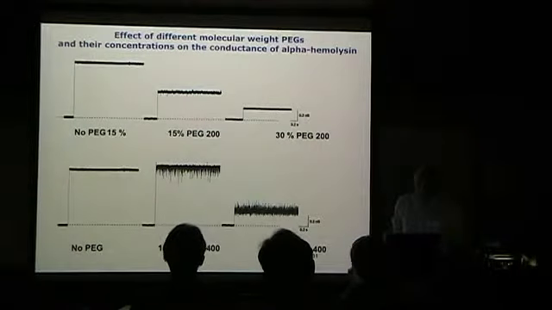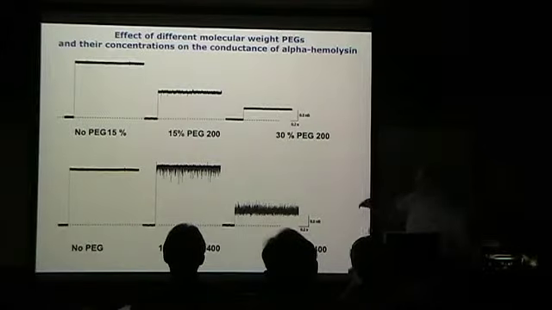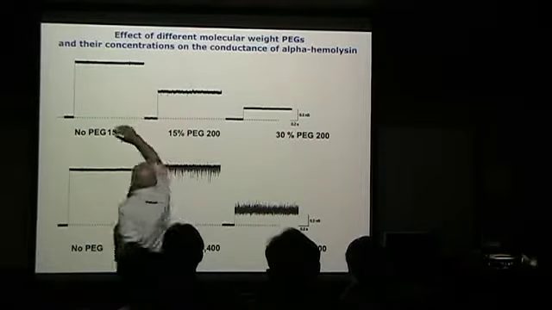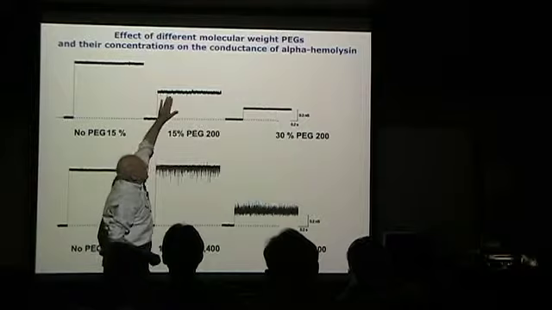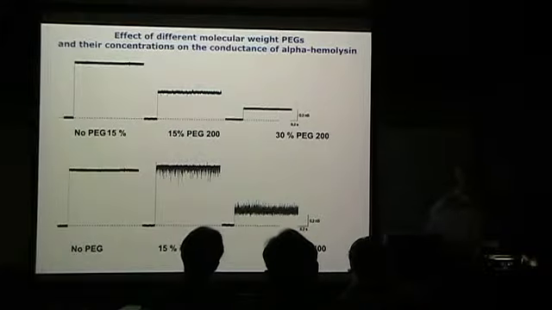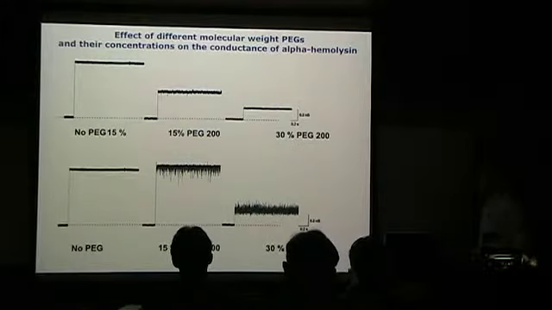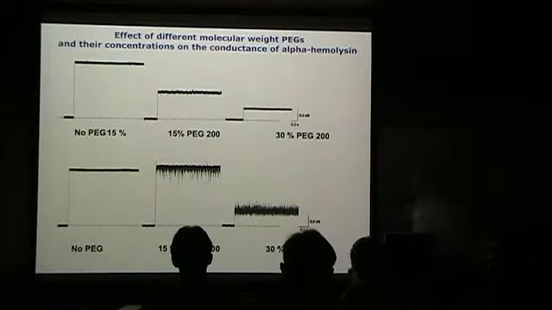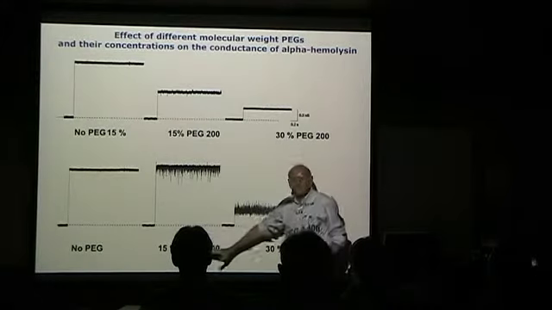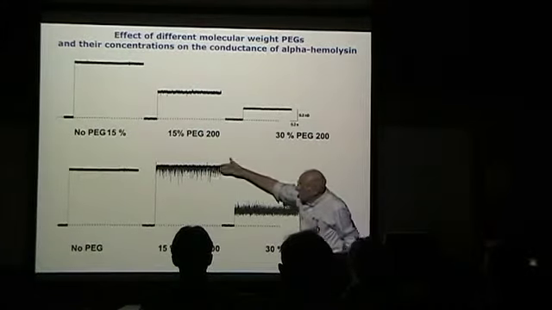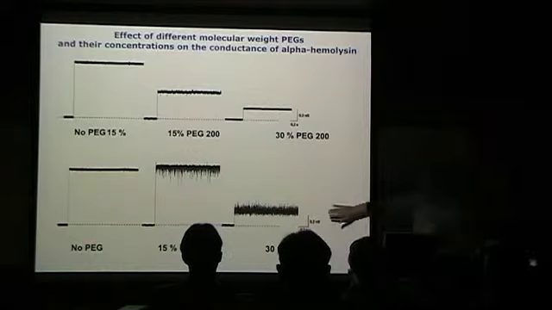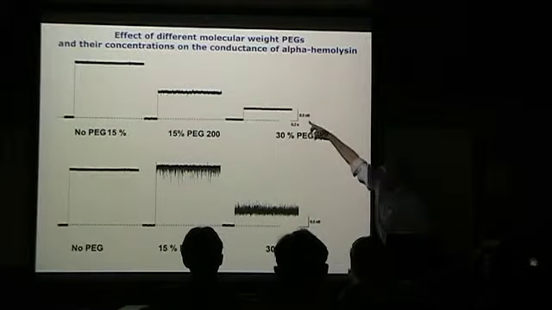So you can try this with different polymers, different molecular weights. The same idea: if you have a very small polymer, it goes in and the conductance goes down. You go to more concentration, conductance goes down again. Conductivity of the solution, I'll show you a graph in a second just to keep you track of this. But this is the neat one. If I have a fairly big polymer and I add it at 15%, the conductance goes up a little bit for this ion partitioning thing I was just talking about. But kaboom, when it gets to a big enough concentration, it looks like that.